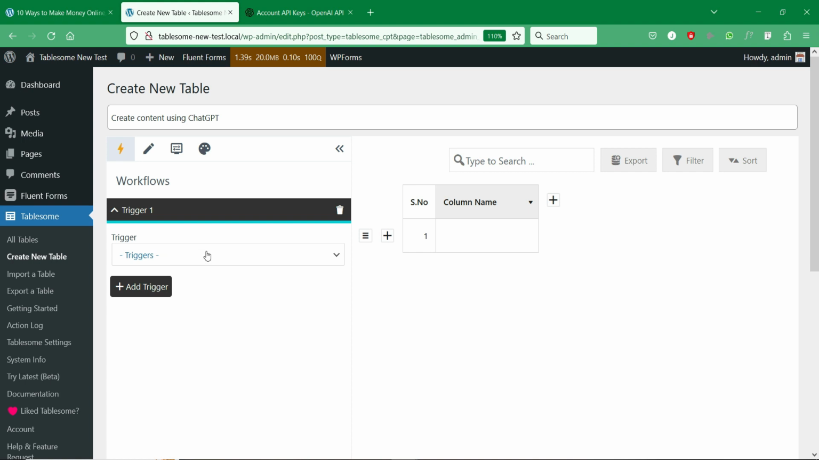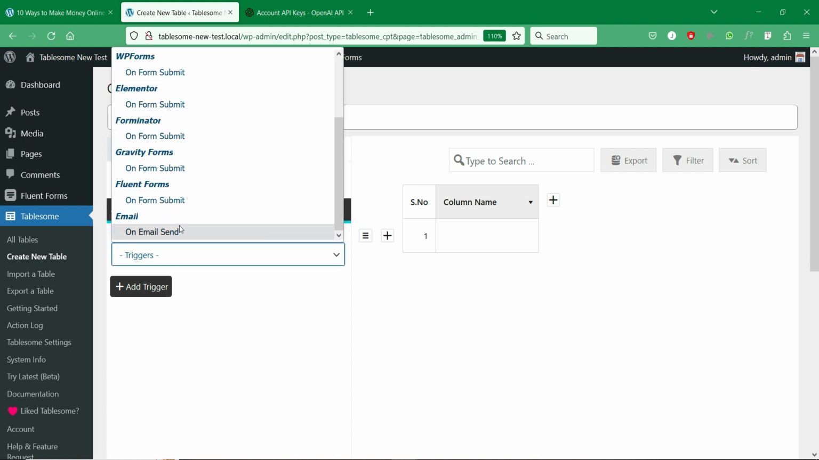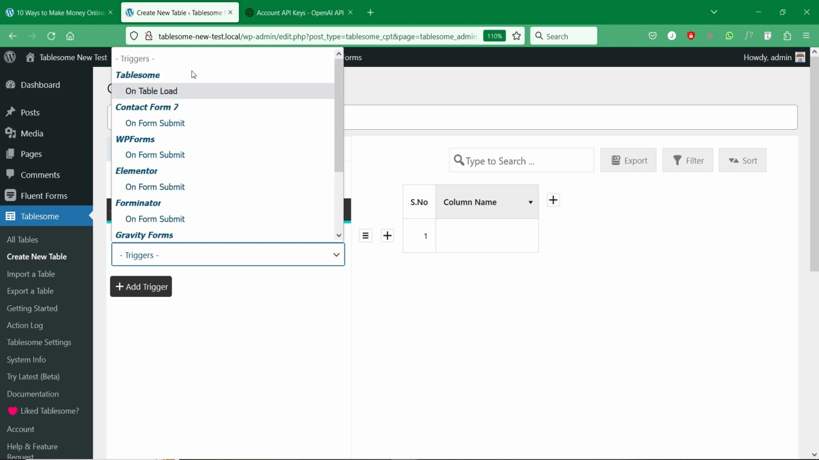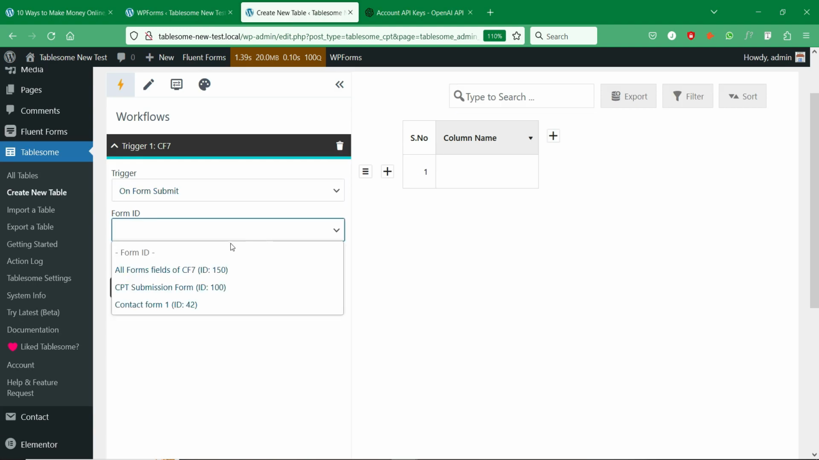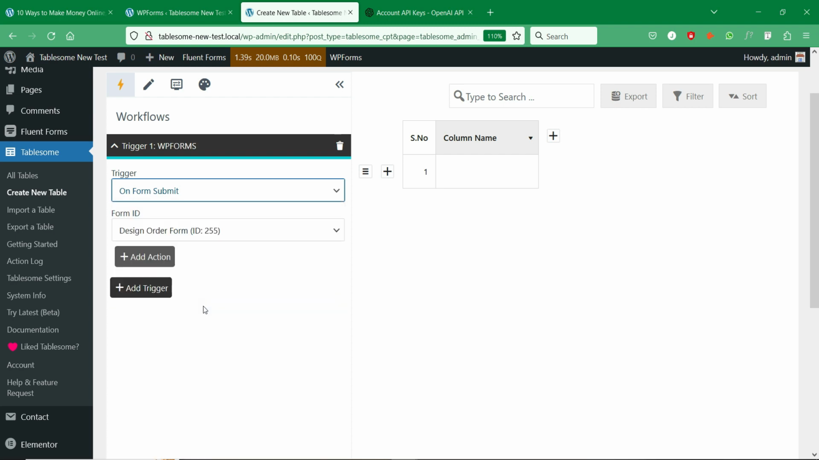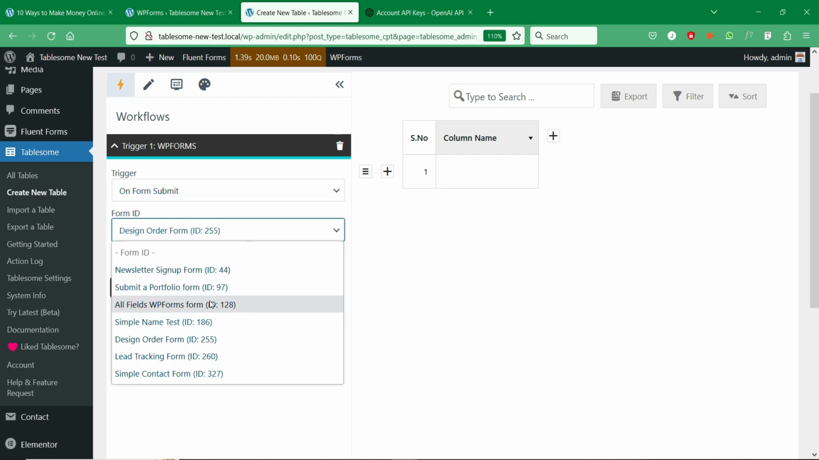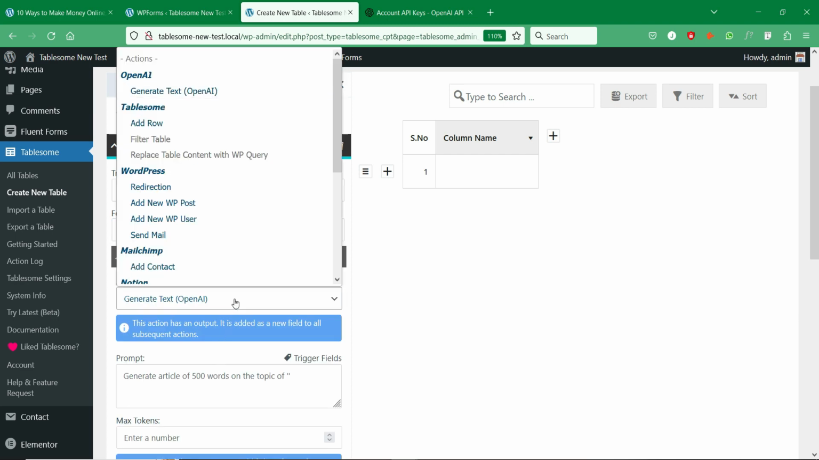Here you can find the on-form submit trigger of the form plugin that you use. Tablesome supports many popular WordPress form plugins. Choose the trigger and select the form that you have created. An action section will be opened, where you can select an action that will be done after the form is